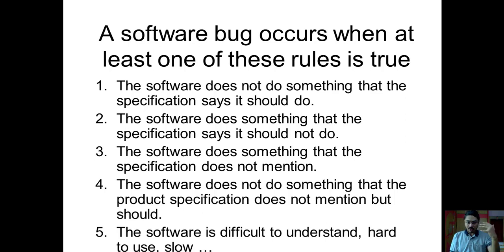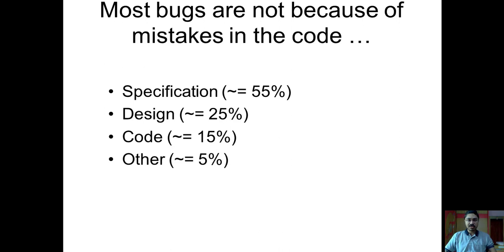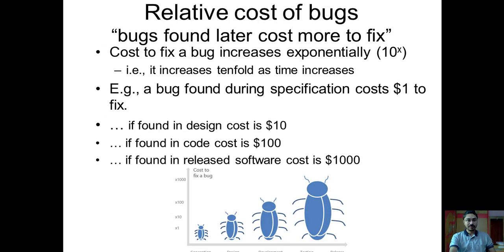Yesterday we discussed all these 5 rules in detail. Later on we also discussed the major sources of errors. In that, we exploded one of the misconceptions that we generally have, that most of the bugs come from the coding. But that is not the fact. The fact is most of the bugs come from the specification, then design, then coding, and then there are some other sources. That we have already seen in the last lecture.